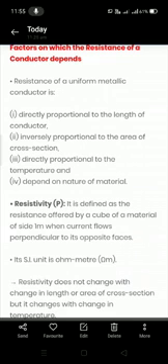Resistivity, symbol rho, is generally defined as the resistance offered by a cube of a material of side 1 meter when current flows perpendicular to its opposite faces. Its SI unit is ohm meter. Resistivity is also known as the inbuilt resistance of a wire, and resistivity does not change with change in the length or area of cross section, but it changes with the change in temperature.